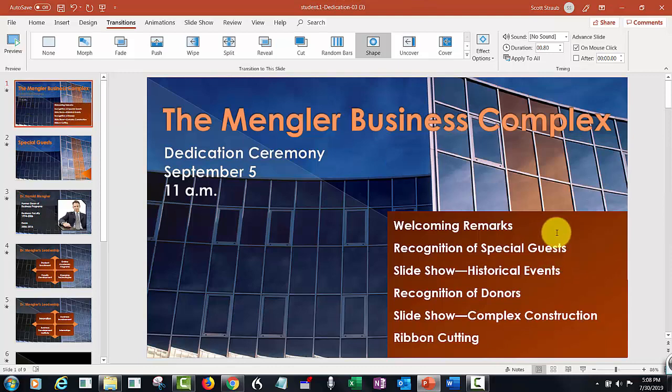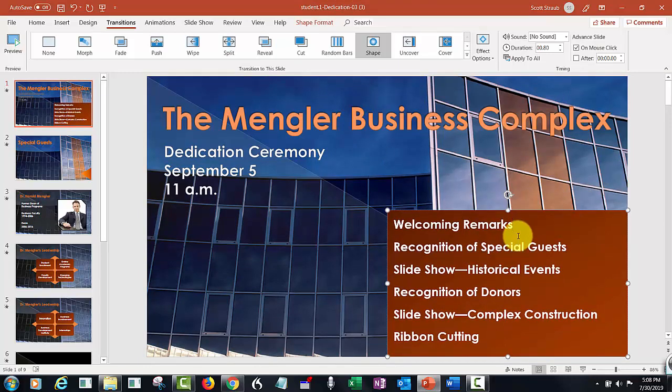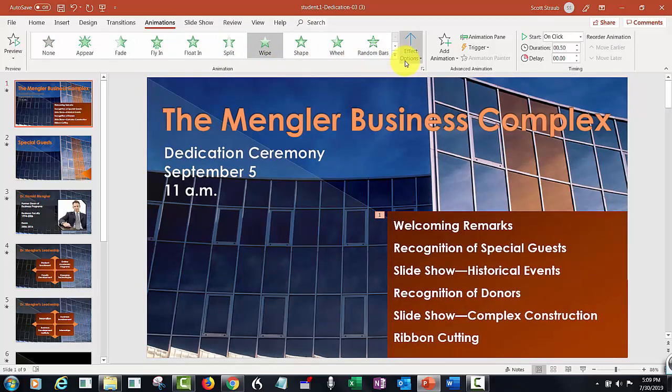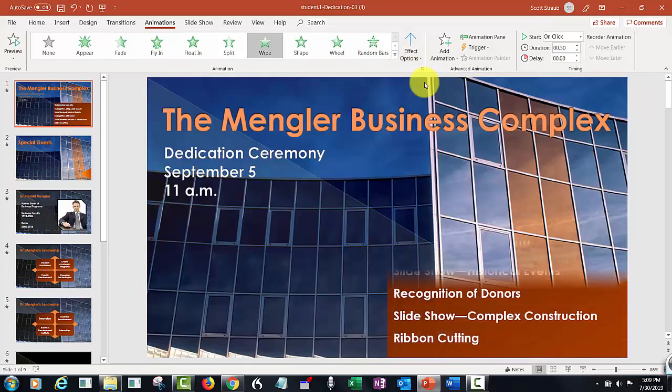It says click the text box. Anywhere in the text box is absolutely fine over here. And then we need to be on animation. That's very important. On the animations tab. And we need to choose the wipe entrance. And then from the effects options, from bottom,